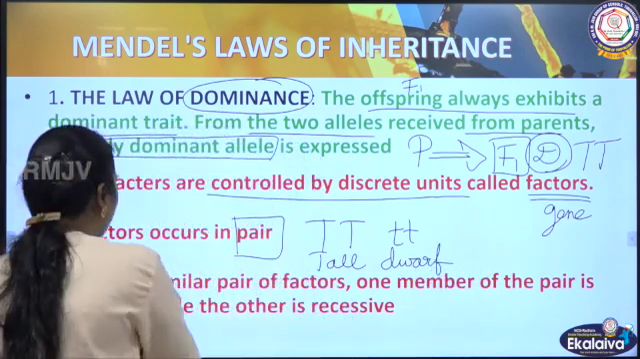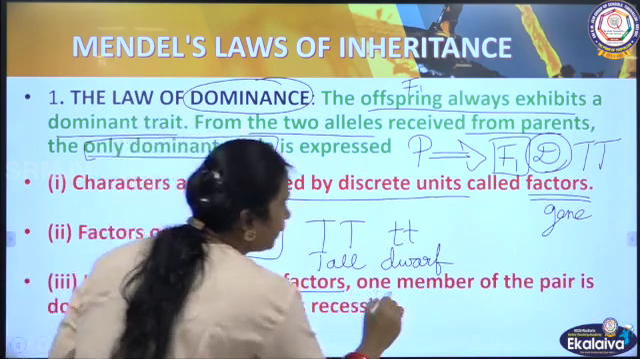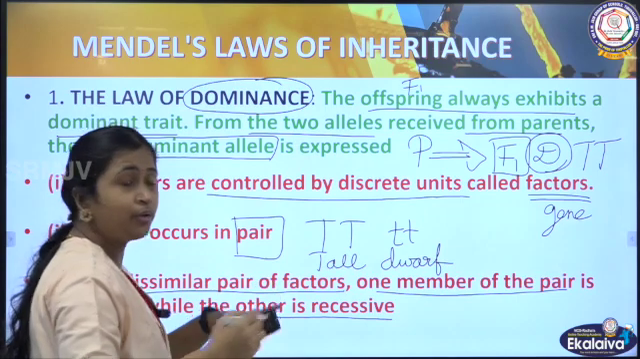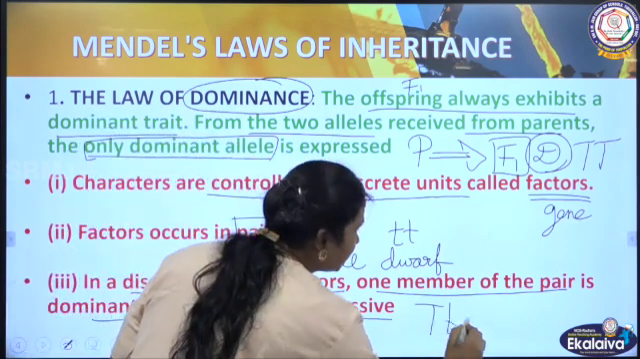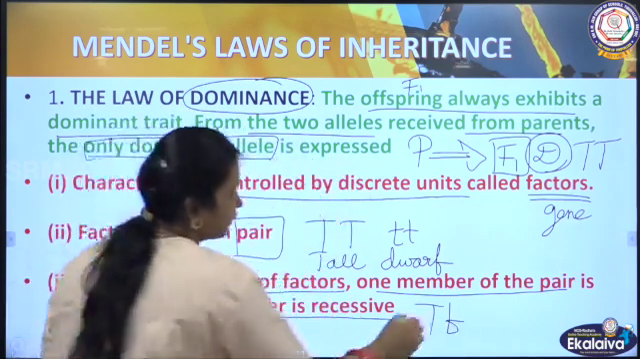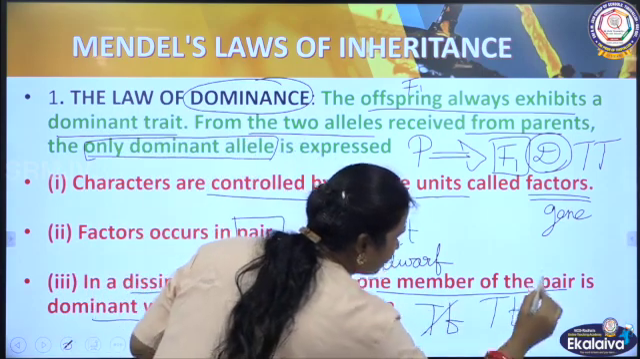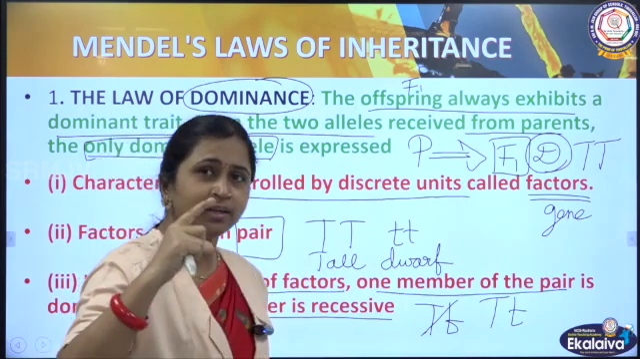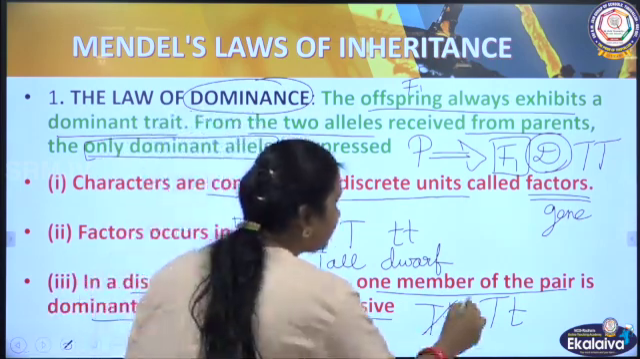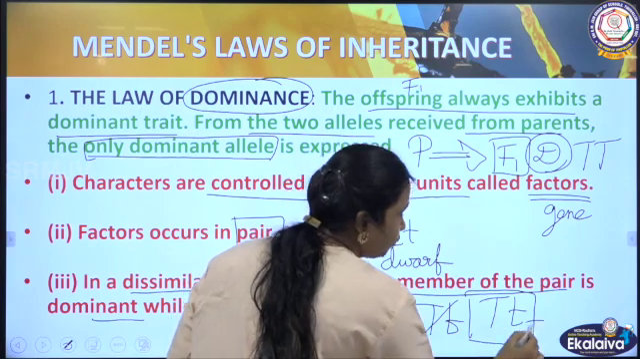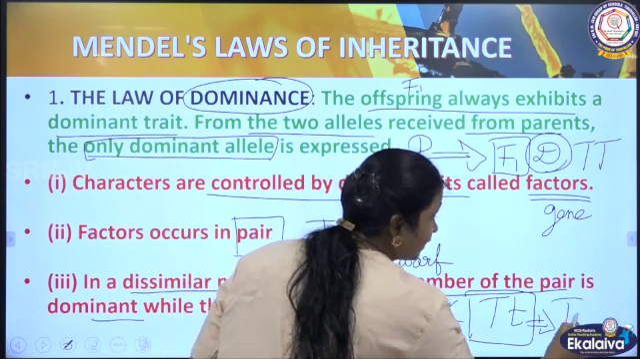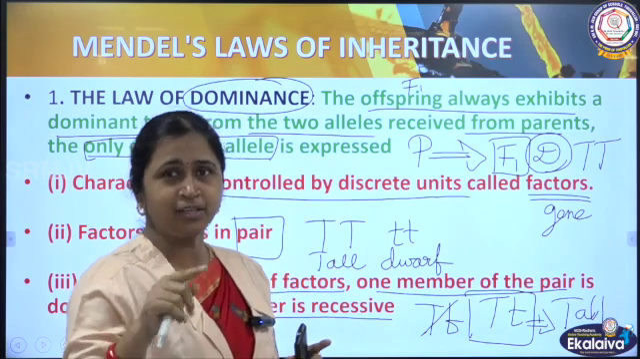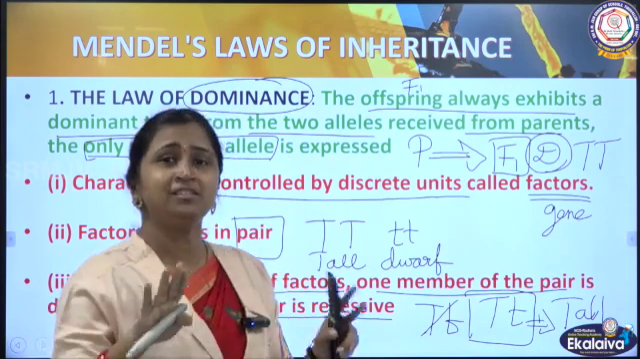In a dissimilar pair of factors, one member of the pair is dominant while the other is recessive. Here we are going to use the term heterozygous: capital T and small t. I'll write once again, capital T and small t. So this is a dissimilar pair. One is dominant, the other is recessive. But when you say heterozygous, by phenotypic expression it is again tall. It is not a dwarf, because the capital T, which is the dominant character, will mask the small t,